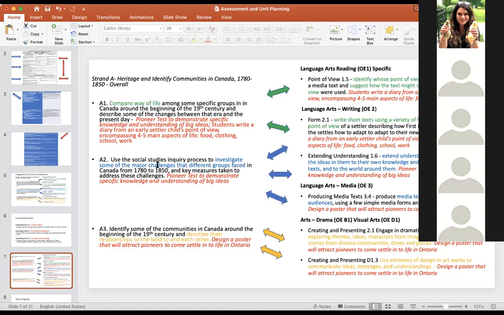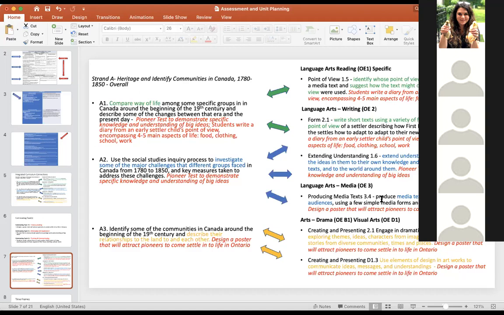And then down here, they're investigating some major challenges of the groups. So I can actually have them talk about the challenges right here. I can have them talk about the challenges through this diary. I can also have them learn about the challenges through extending the idea of the texts. But I'm also thinking that they're going to have a lot of learning in this particular expectation. There's going to be several lessons. There's going to be a lot of learning here. So I'm probably going to want to include a lot of that on the test that I'm ultimately going to give them. And then the last one here,